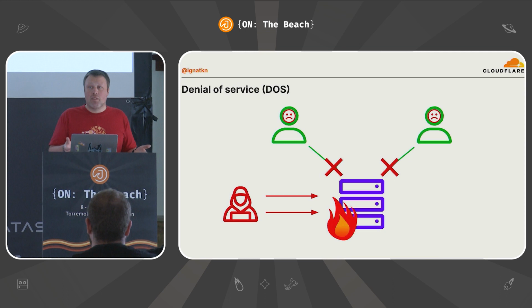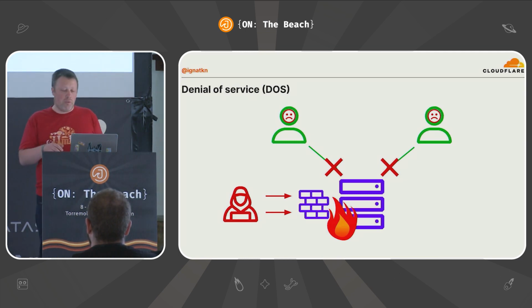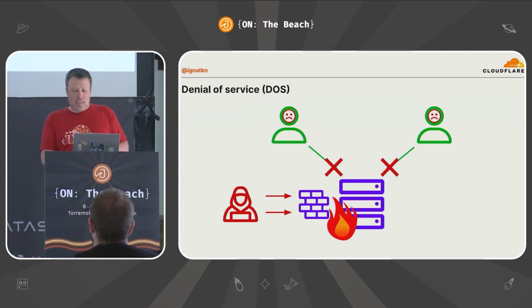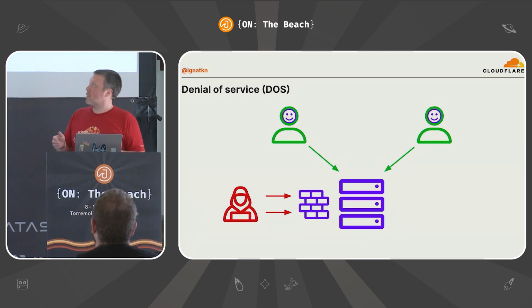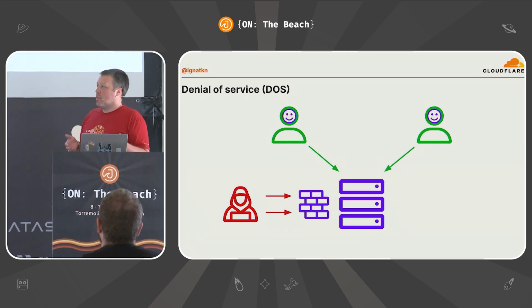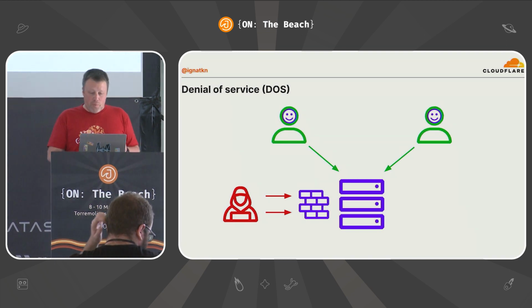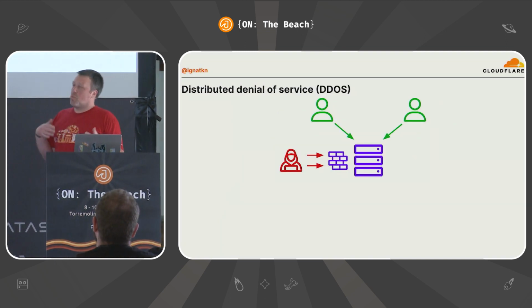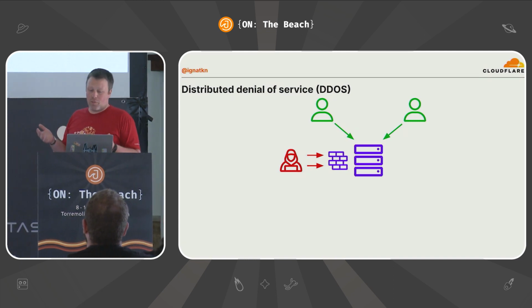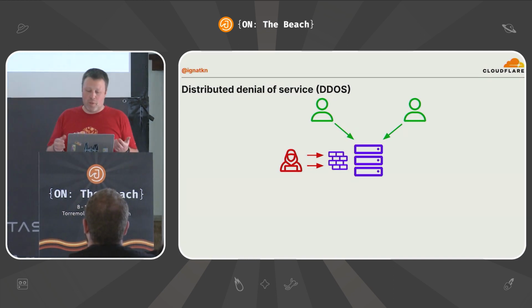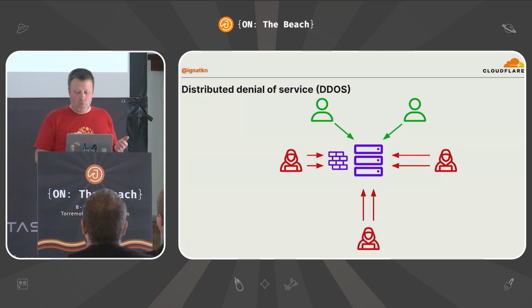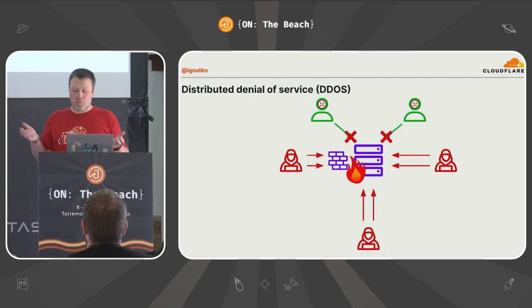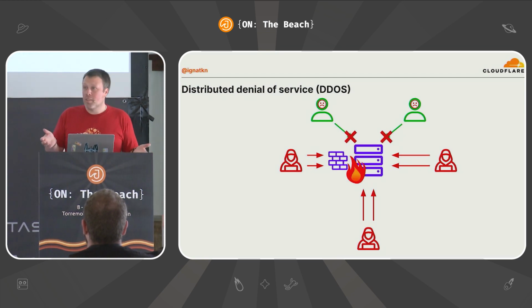So what you typically do is try to firewall the attacker, right? So you put some firewall in front, and sometimes it helps. So the load is reduced, and then the users are happy again. So that's the simple case. But if we zoom out to internet scale, we might talk about distributed denial of service. So you're running like that for quite a while, but then more and more attackers come and send junk traffic to your web resource, and it gets overloaded, and your users are unhappy again. What do you do in this case?